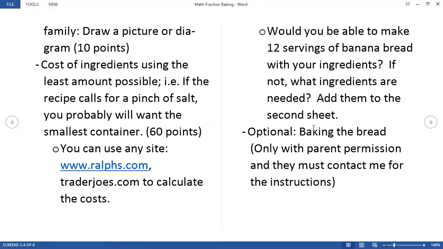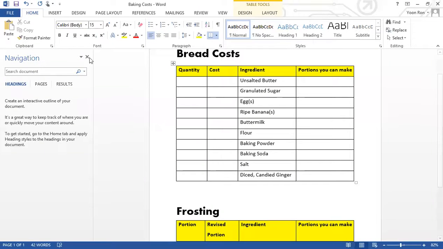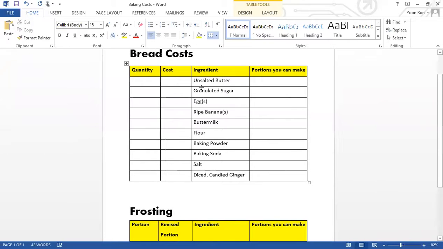It'll also give you an idea of how much it costs to cook or bake things, all right? So that might be a little bit complicated, so I'm going to go over that very quickly, okay? So we're going to go over to baking costs. So we go to baking costs, and then we're going to have to look at butter, and see how much butter I am going to use. So I'm going to go and